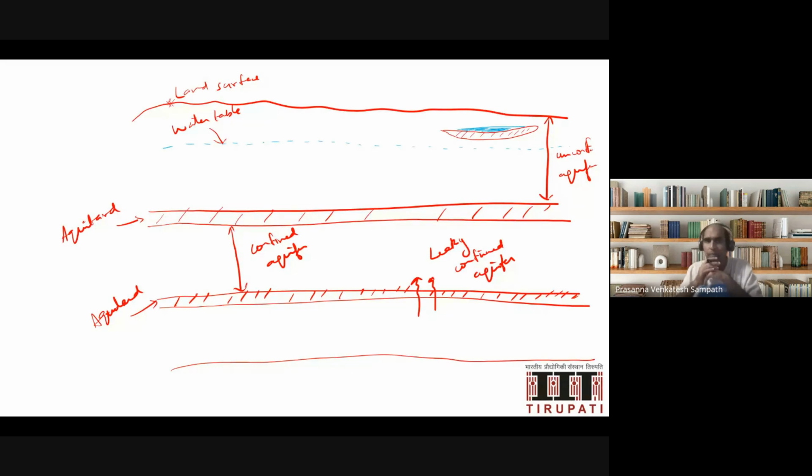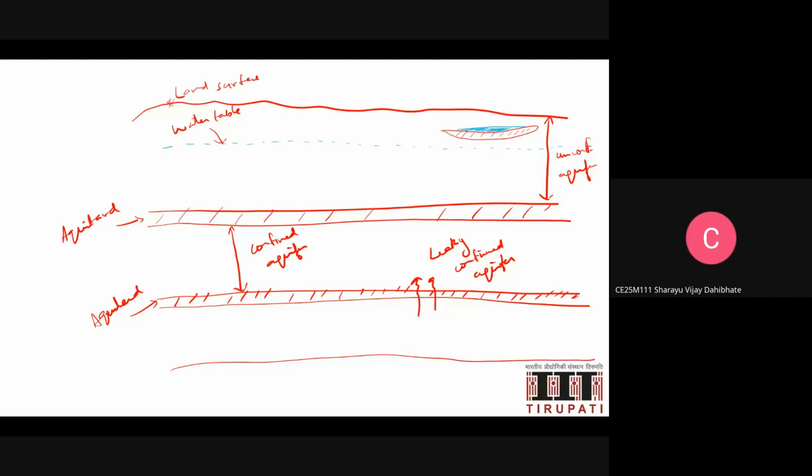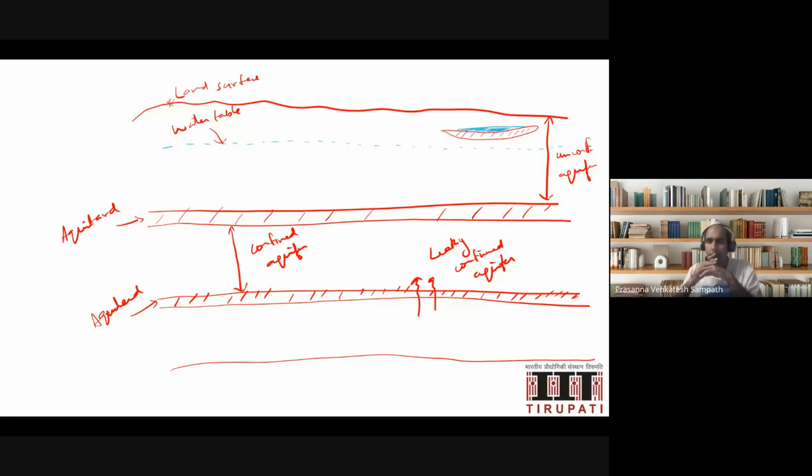Any questions before we go to the fourth category, the perched aquifer? Any questions? No, sir. Okay, all right. If there are no questions, we'll go on to the next category, which is the perched